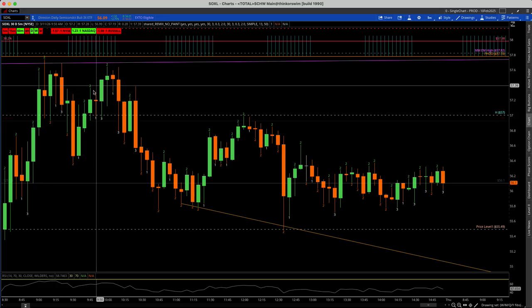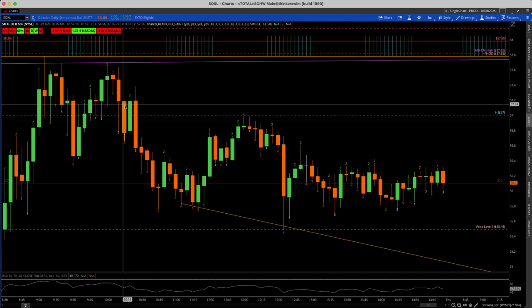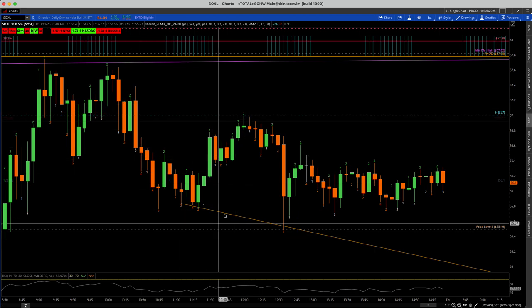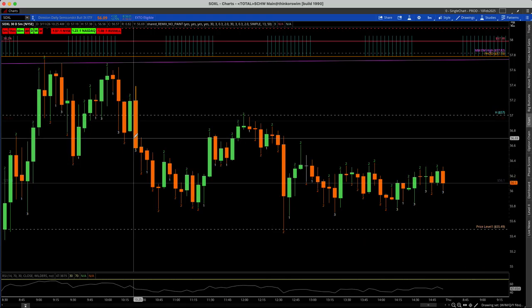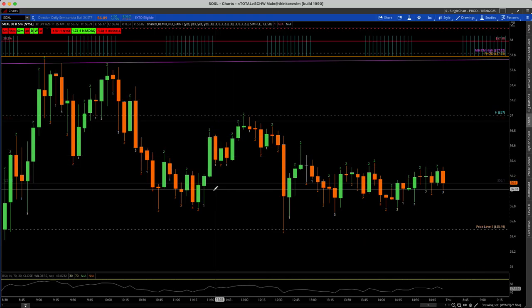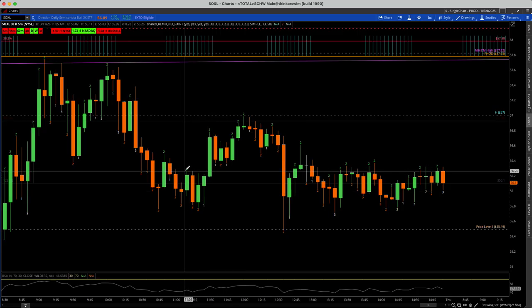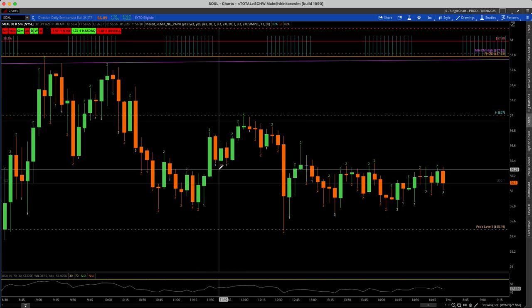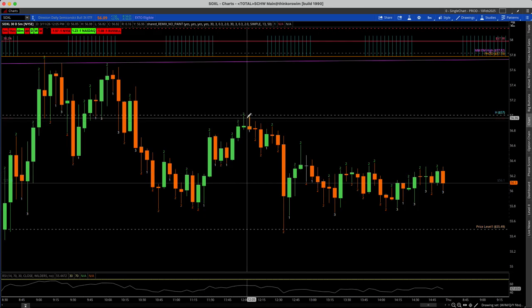Anybody up here is underwater at this point, and any rejections off overnight high keeps them underwater and probably puts some more downside pressure, selling pressure on as they try to get out of that position possibly, and that's what we were looking for. So once it broke above this lower high here, we went ahead and sold a majority of the position, and actually took, I think it was